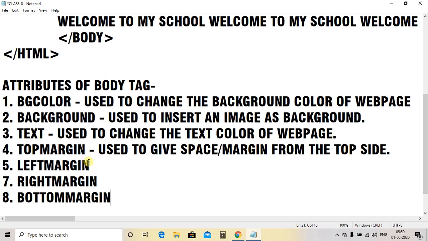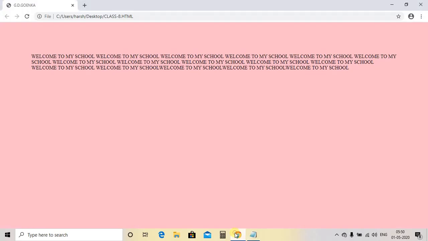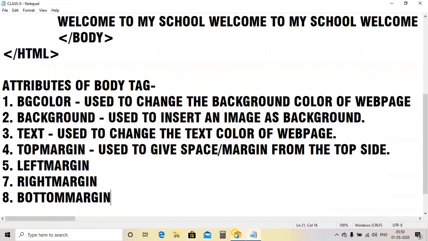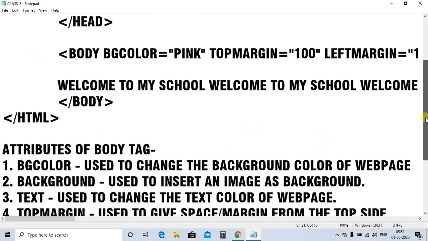Okay, one thing I would like to tell you, that when you are using the attribute name, now suppose the attribute name is top margin, so you need not give space between this particular word. Don't write it as top space margin equals to 100, left space margin equals to 100.